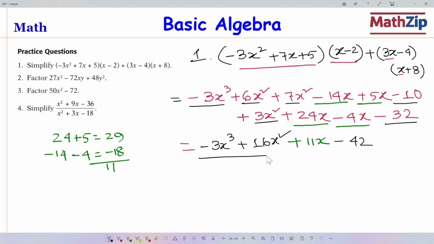So this is our answer. Very simple. So number 1 done. Number 2,